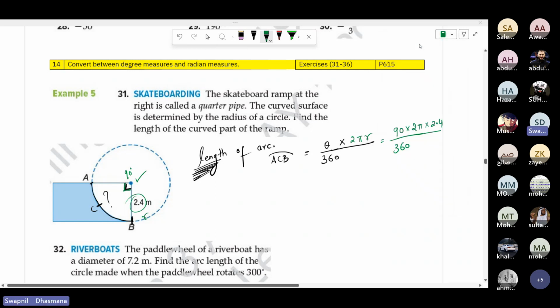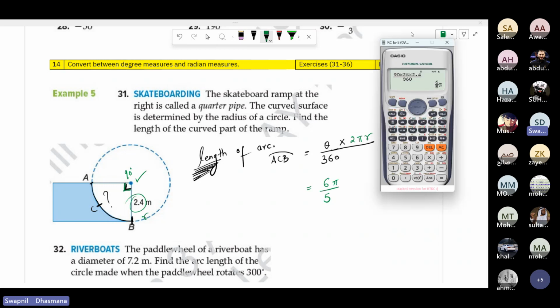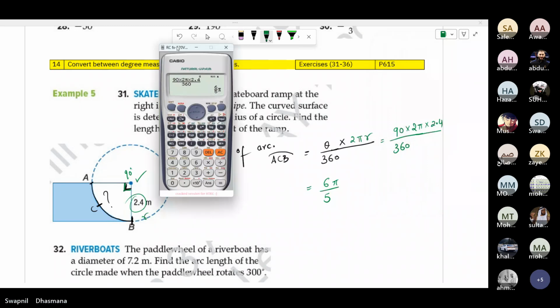So it's length, so it should not be in degrees. And you can see it's 6/5 pi. If they ask you for a number, use the calculator. Yes, the calculator. See